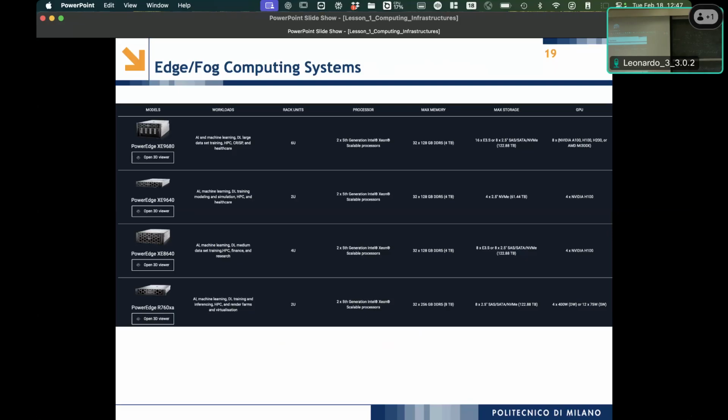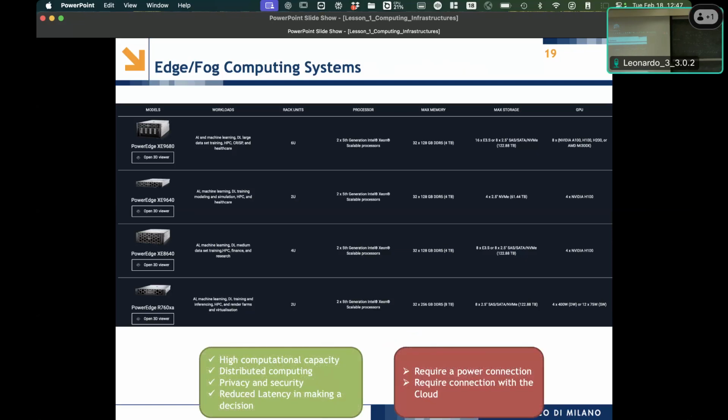For what concerns the technology, here you have some examples of servers that are usually the ones you put at the intermediate layer of the computing continuum. Okay. These are modern servers that also include some accelerators on board. Of course, you probably don't run the most advanced, most power-hungry GPUs in an intermediate layer. Okay, but it depends where this is located. Okay, so you have a scenario of solutions.